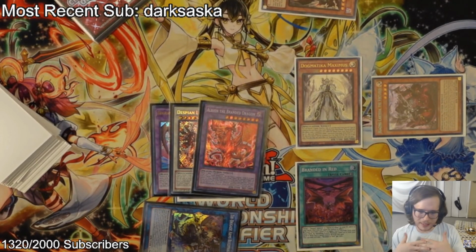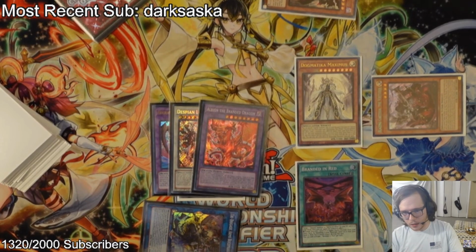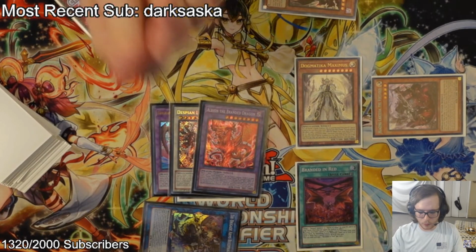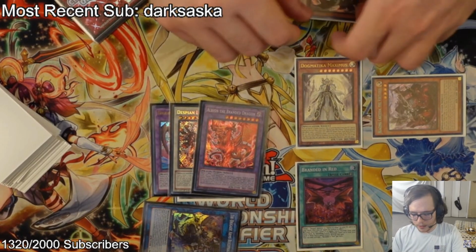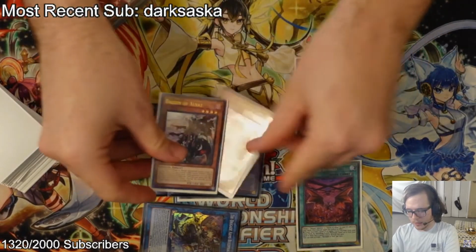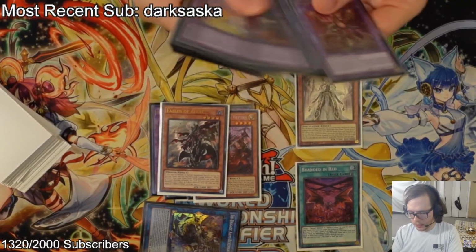If they just do something immediately to your Cartesia, it kind of sucks, or without being able to chain. So this is why, if you can, you try to do this in the draw step or in the standby phase. But okay, in this instance where we only had one card, we passed priority to main phase. They do something. Let's just say they activate Rhoda. We chain Cartesia. Cartesia fuse with Albaz into the graveyard to make a Grand Guignol, and we will use Grand